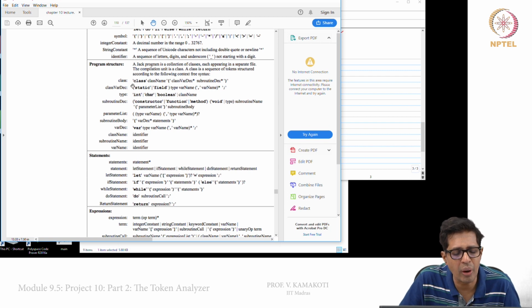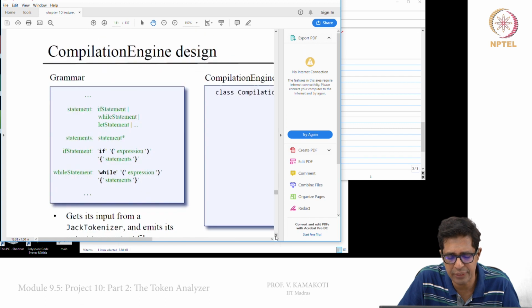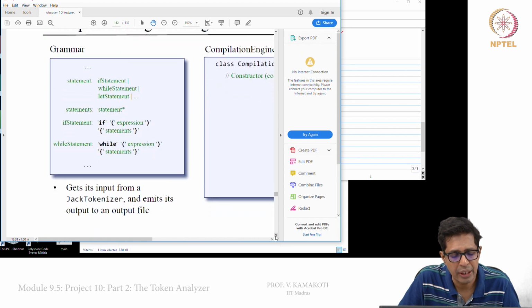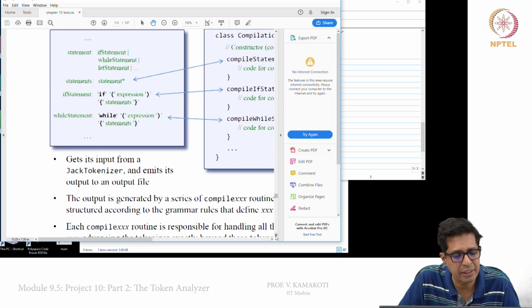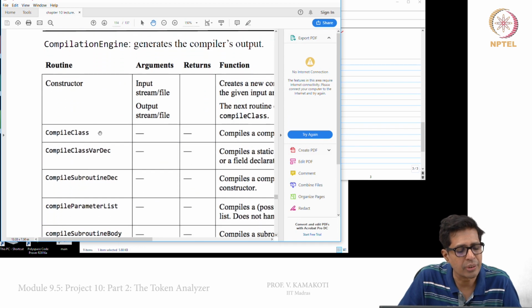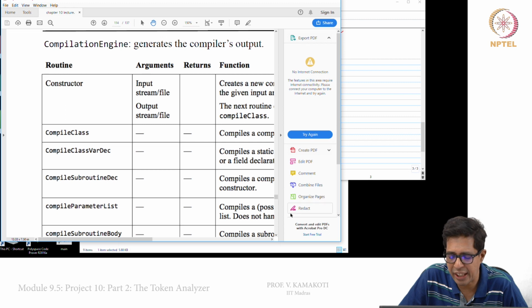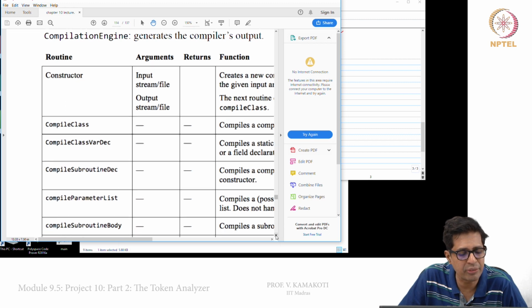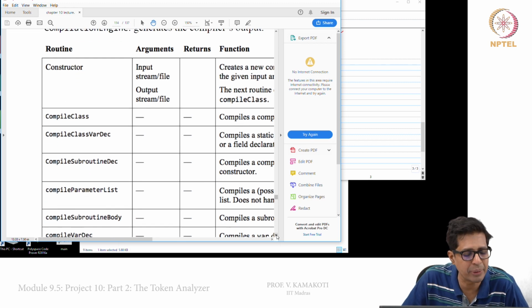So these are all the routines that we need to do as a part of this project. So compile class_var dec. These are all part of the slide for chapter 10 in the website. You can just refer to that.